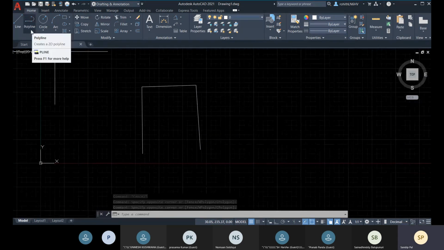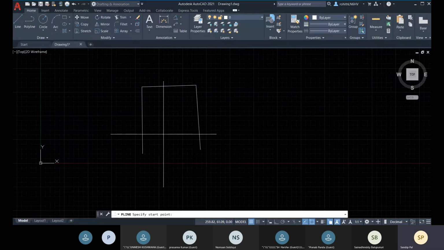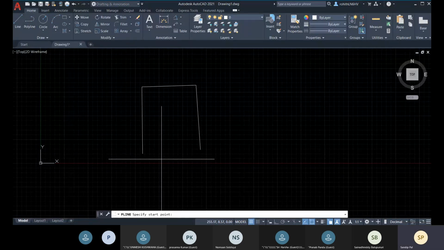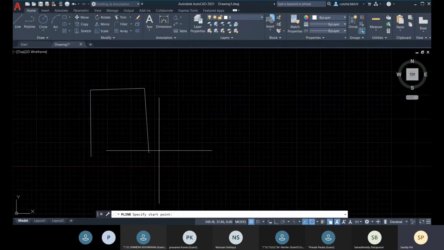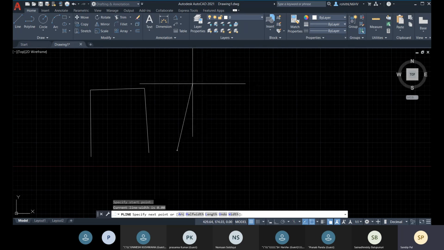Now we have polyline. With this polyline, if your segments are connected, then you can have a single object. And with this polyline, not only can you create line, you can create arc, and you can provide width to your lines and to your arc as well.